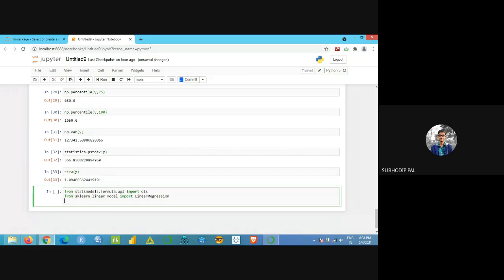For regression we want the ANOVA table also, right? For the ANOVA table there is another library. So from statsmodels.stats.anova we will be importing anova_lm. lm defines the linear model.